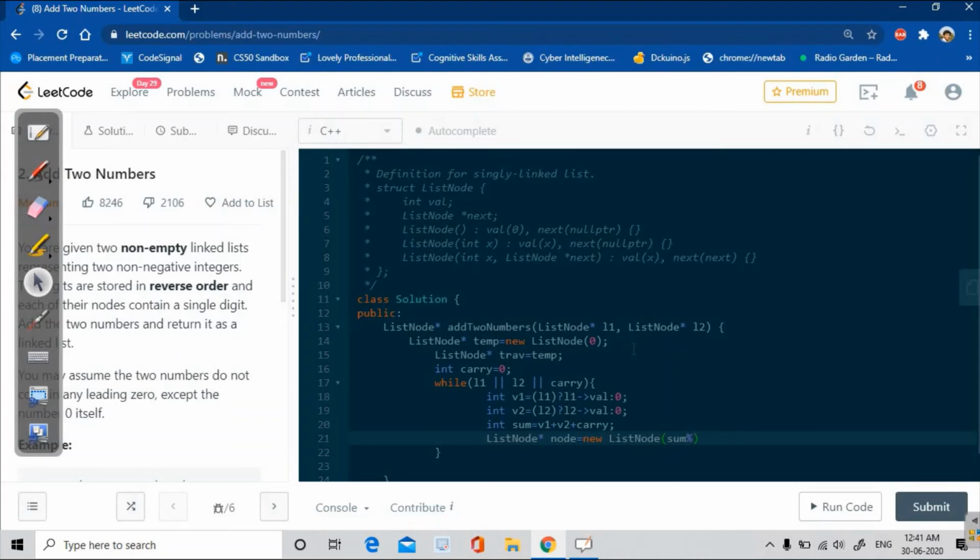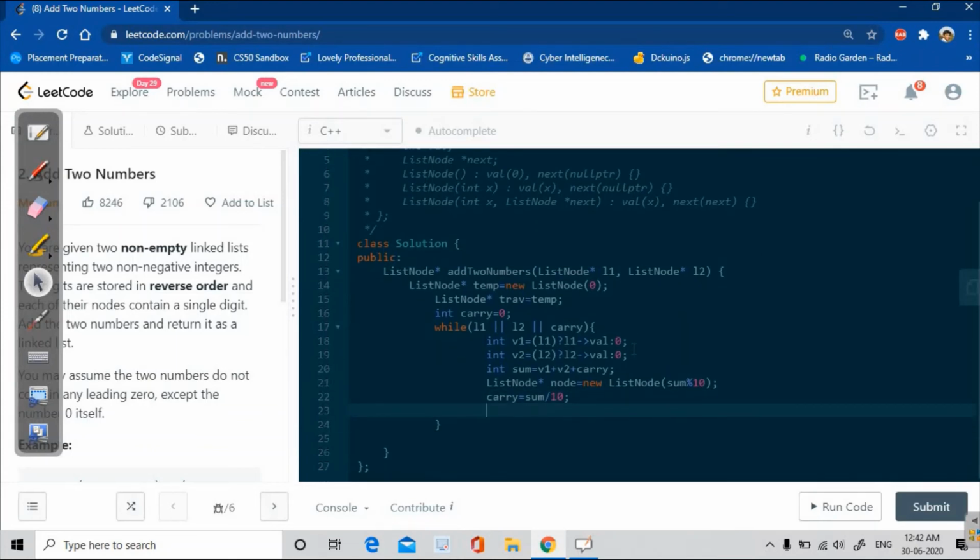Why? If we have a single digit, it will get stored as a single digit, but if we have 2 digits, it will store the right digit, and the left digit will be stored in carry. So I'll also update carry as sum divided by 10. I hope you got this point why I'm doing this here.